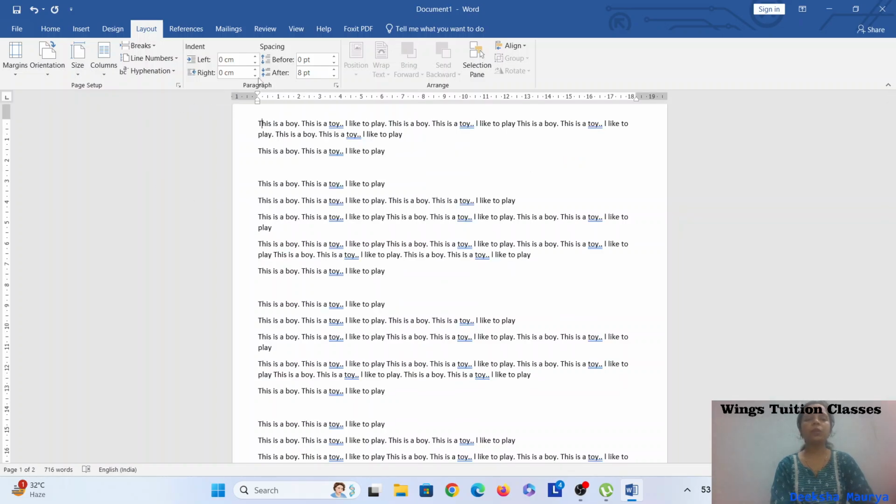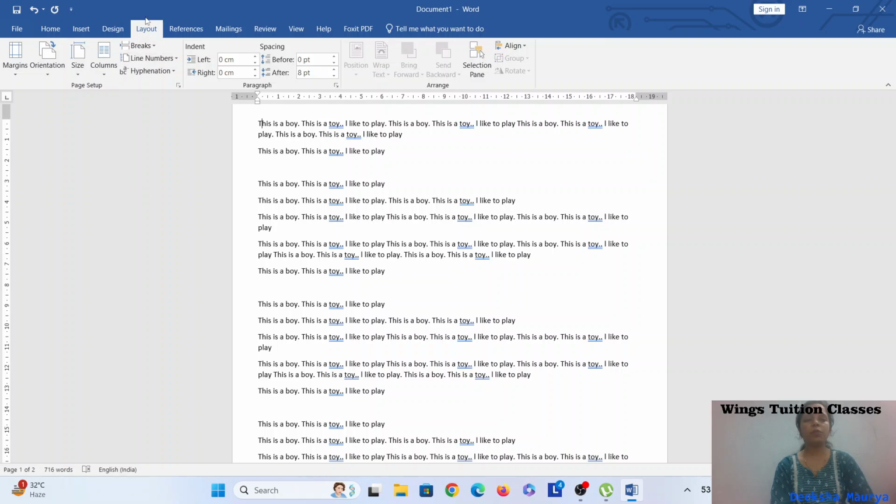Now next one is setting columns to your page. Now the page which you can see here has only one column. The text is coming on the whole page. Now how will you set columns? Columns divide your page into different parts. Like you might have seen a newspaper, in that there are different columns. The text is written in different columns in the form of paragraphs. So you can set columns in MS Word also.